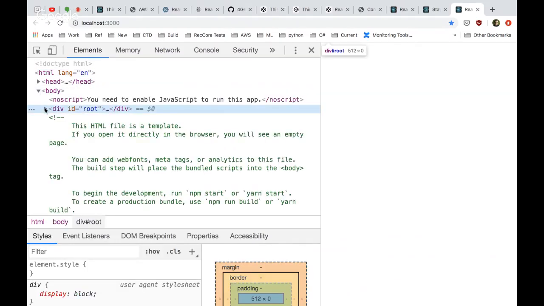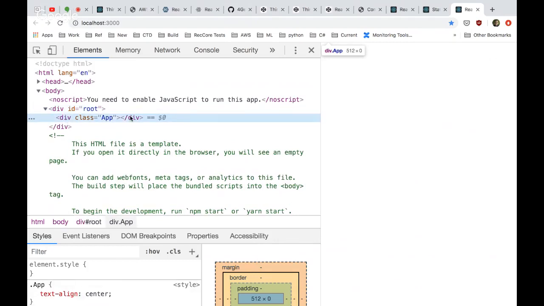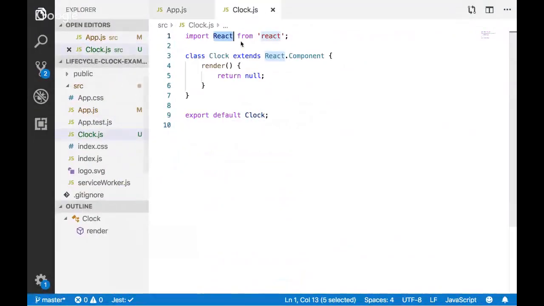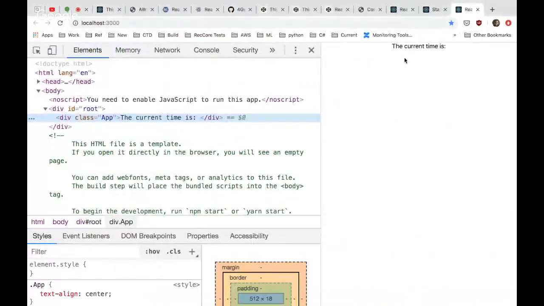We see this app, but there's nothing in there right now because we didn't actually put anything out of our clock, right? So let's just change that. Instead, let's just return a string. And let's see if that works. All right.